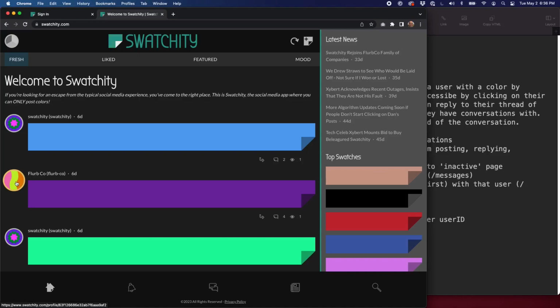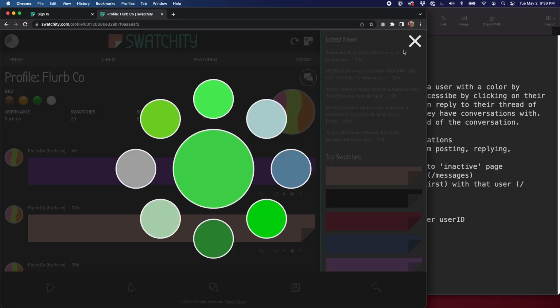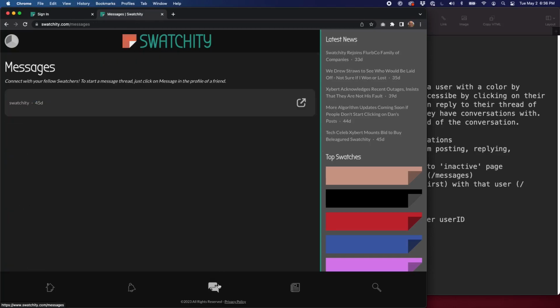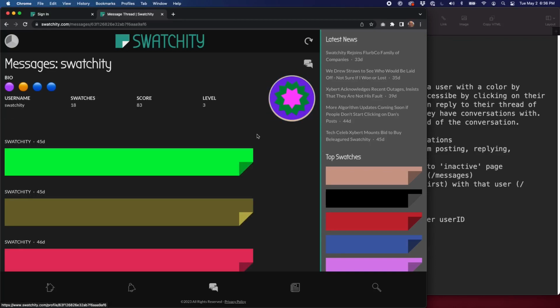We can click through on a user, and in their profile block, you see that reusable profile block, I said it was coming back. You can click on their message button to start a conversation if it doesn't already exist, or we can simply go to that conversation. We can click on our messages item here. If we had new messages, we would see a little dot here, and that works exactly like it does with alerts. So the user Swatchity has messaged us, so we can click through on that, and you see now we have